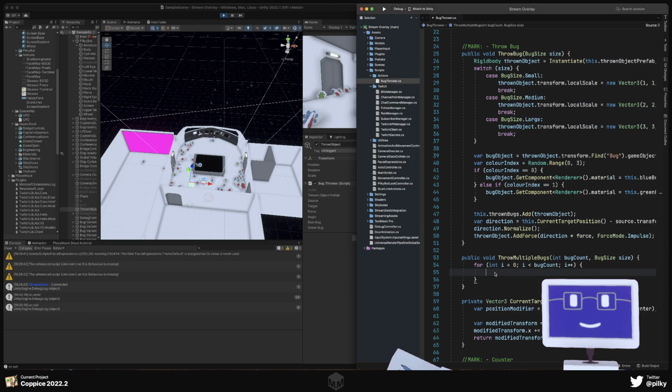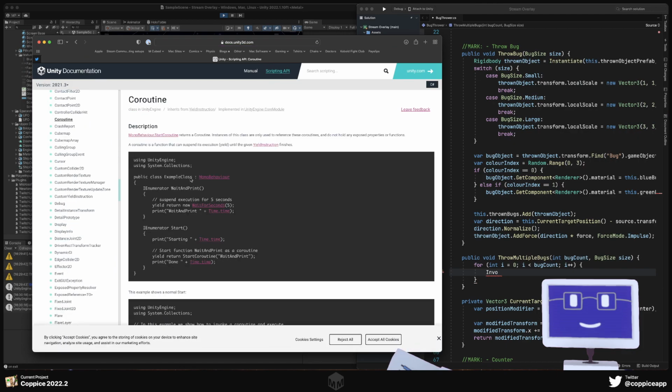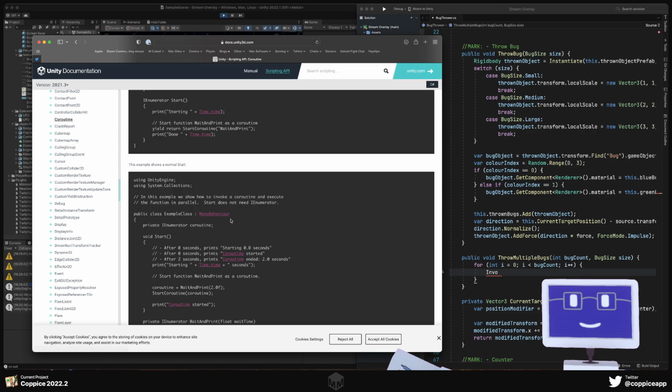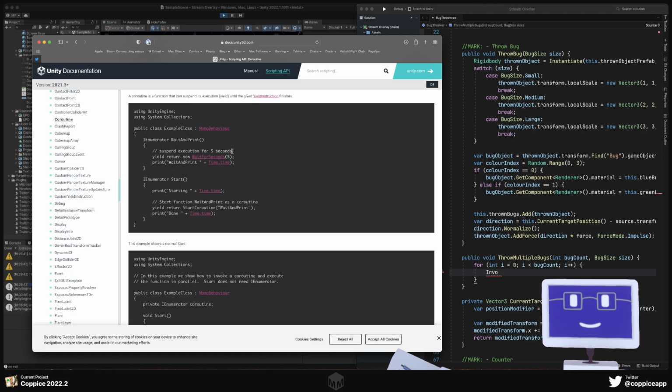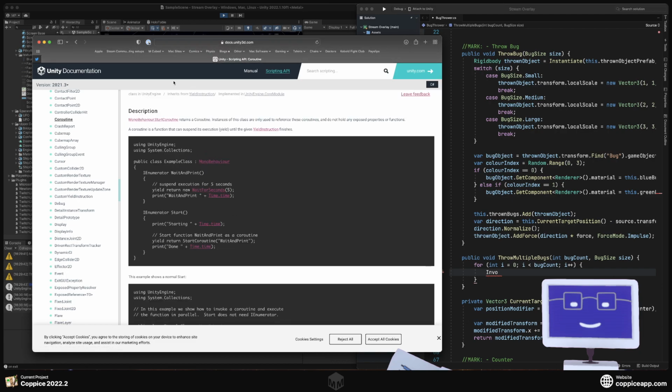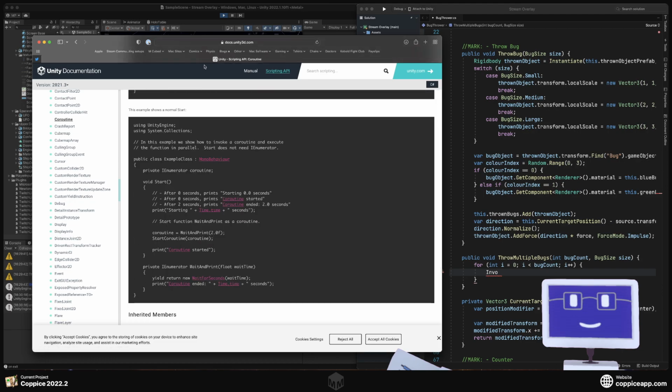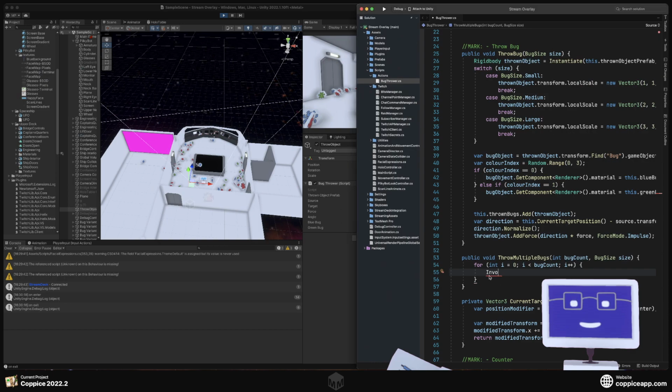Okay, so what we can do is, if you need to pass parameters to methods, use a coroutine. Okay, so with that as the reference,